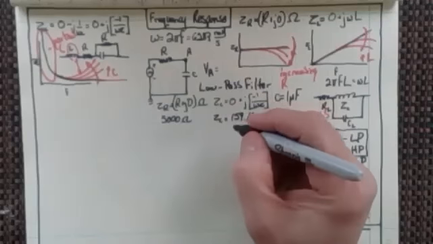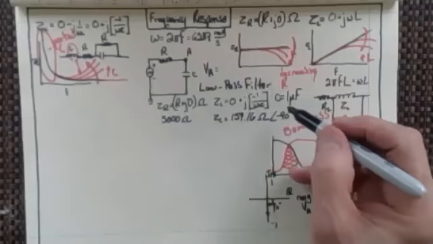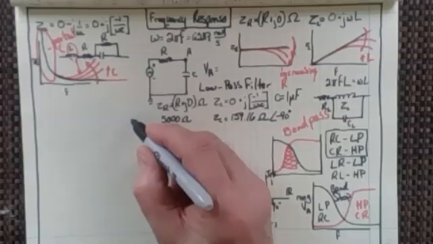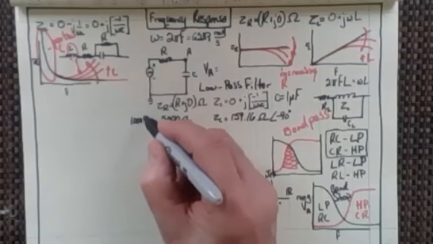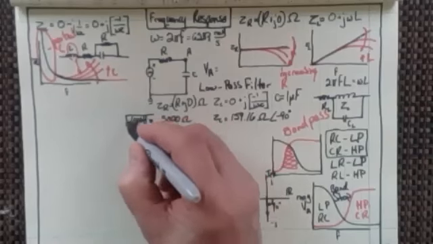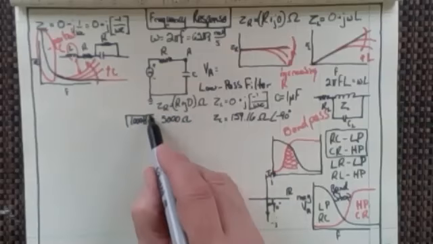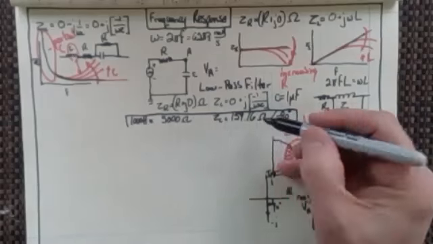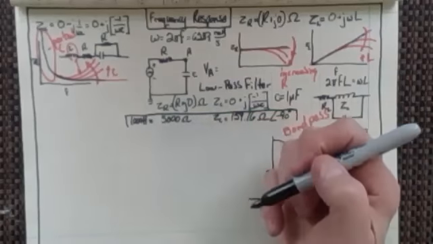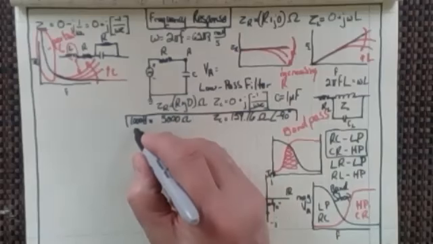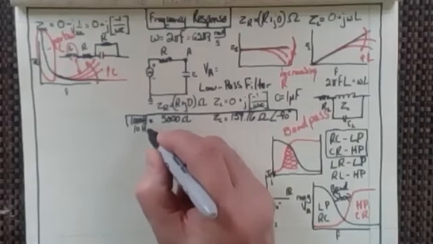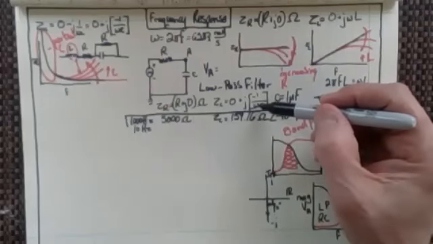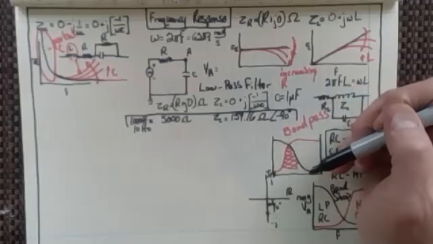Now, what if I went to 10 hertz? We've looked at this at 1,000 hertz. In fact, why don't I put that over here? We'll make a little table. 1,000 hertz gives us 159.16 ohms and 5,000 ohms. Now, how about 10 hertz? I'm just going to take it to its two extremes now. So at 10 hertz, this is going to be